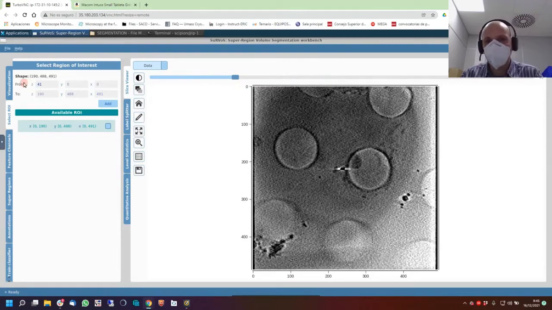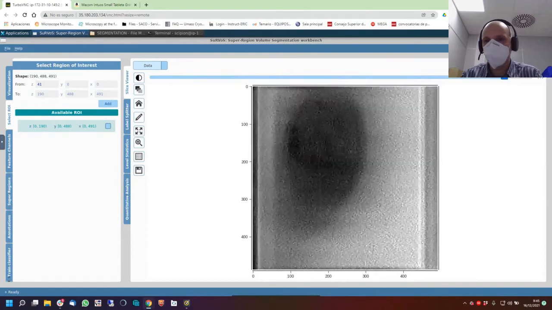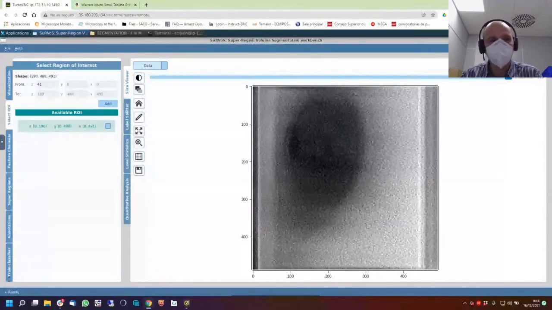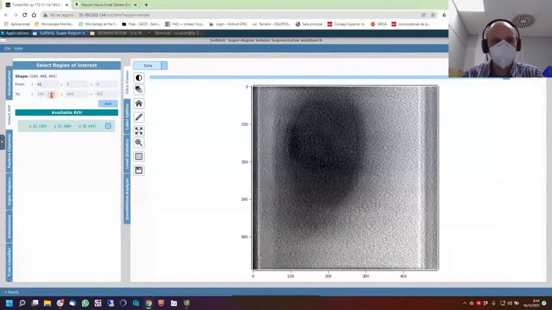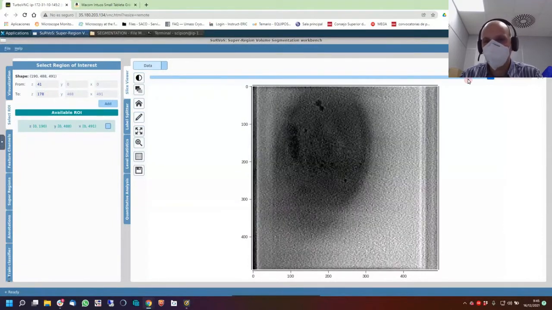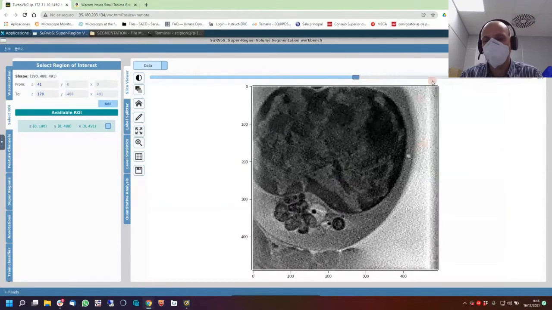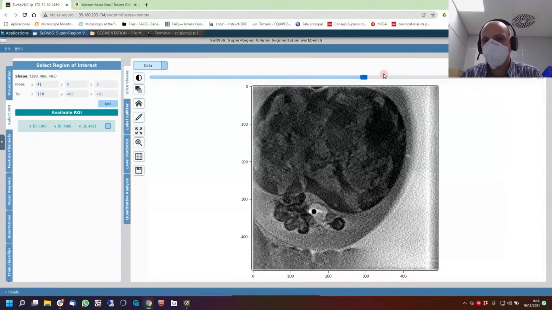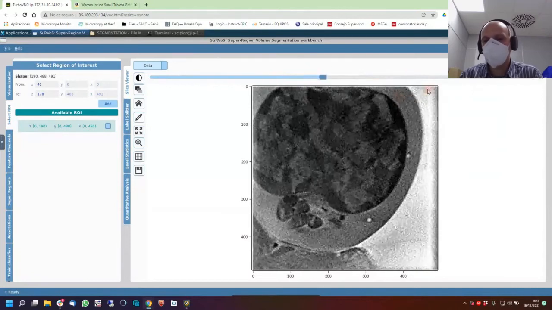Go to the other part of the tomogram in theta. It doesn't make sense to go for a volume bigger than 170, sorry, 178, for example. And then it's also sometimes interesting to try to trim a little bit these types of artifacts. Sometimes it doesn't matter to you, but there are some lines that are not so nice. So here, for example, if you see the numbers here,